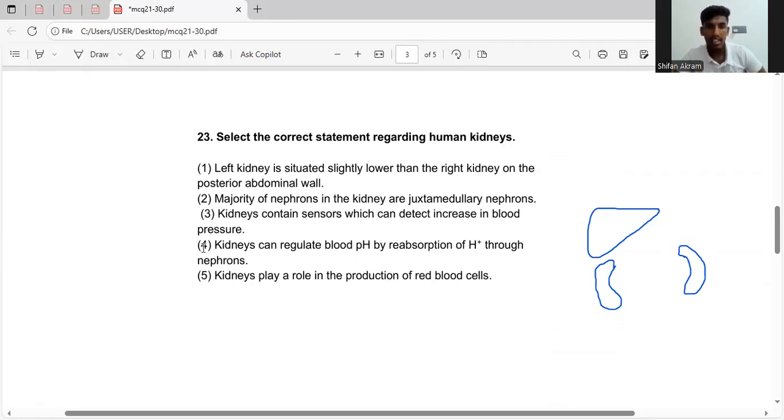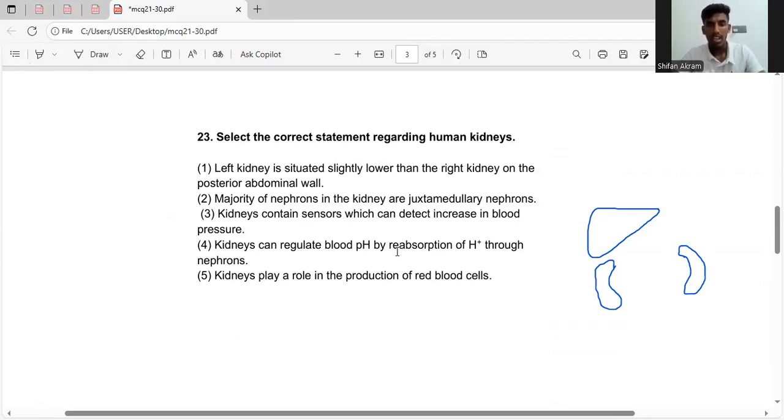The fourth answer is kidneys can regulate blood pH by reabsorption through nephrons. There are only two ions that are used to regulate blood pH: one is the bicarbonate ion, HCO3, and the other is hydrogen ions. But hydrogen ions are only secreted through the nephron and they are not reabsorbed. But bicarbonate ions are reabsorbed. So here they are saying kidneys can regulate blood pH by reabsorption of H plus through